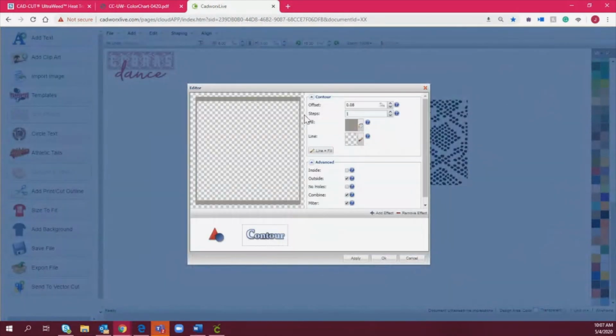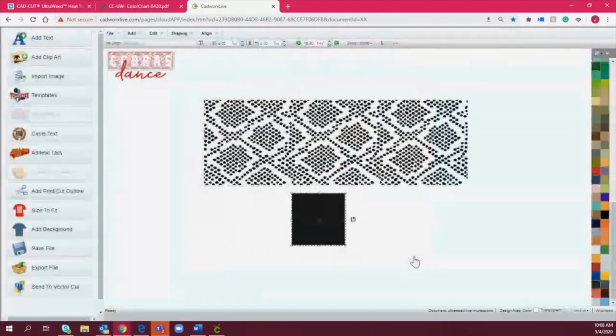It's just going to take that cut line and create a gap. So do you see, well, I'm sure you see here, where it's a little thick at the top as opposed to the dimensions of the width of the line here on the side, right? So that's not going to look right. Even if I change the offset, it's always going to remain a thicker line at the top and bottom as opposed to the two sides. So what I do is